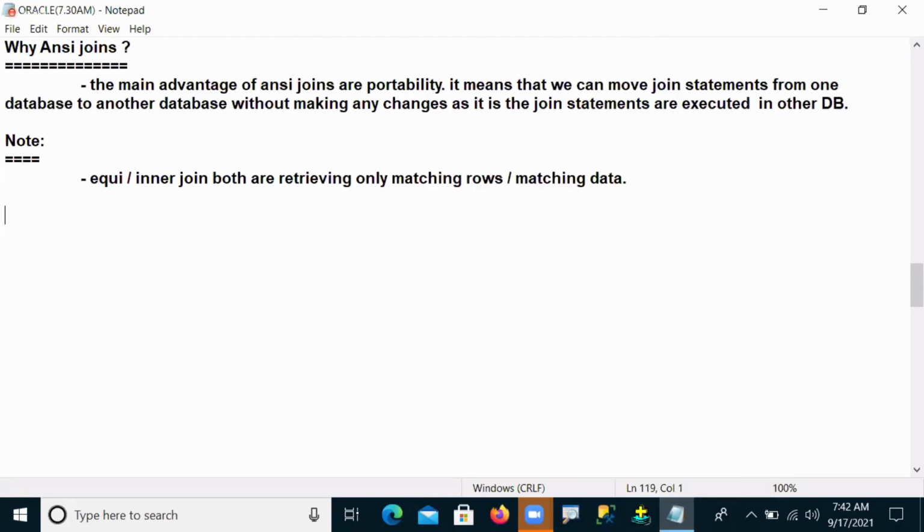If you want matching along with unmatching, then people introduced outer joins. The main intention of outer joins is to retrieve matching rows and also unmatching rows.